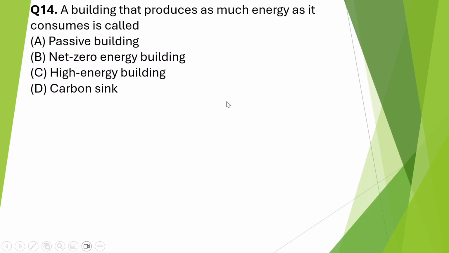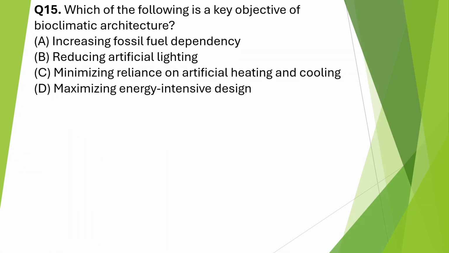So you can simply balance it out that whenever you are utilizing some amount of energy, and that much amount of energy you are also producing, the net amount of energy will be zero. That's why you can call it a net zero energy building. That's fine. So let us move to the 15th question, which is asking you about the key objectives of